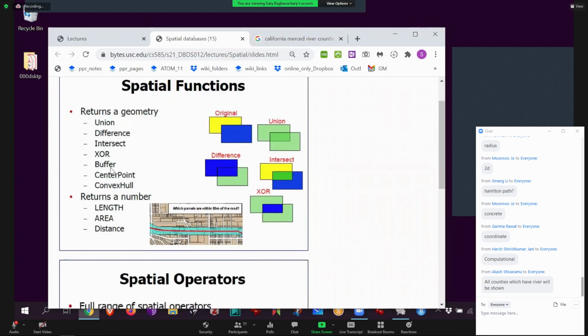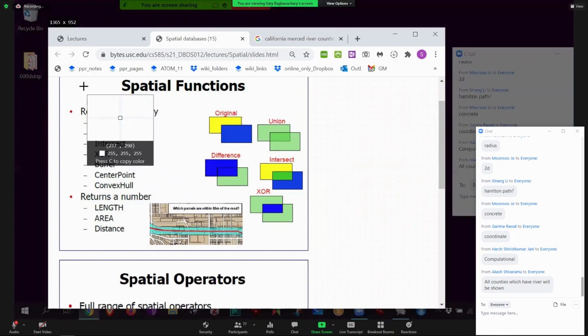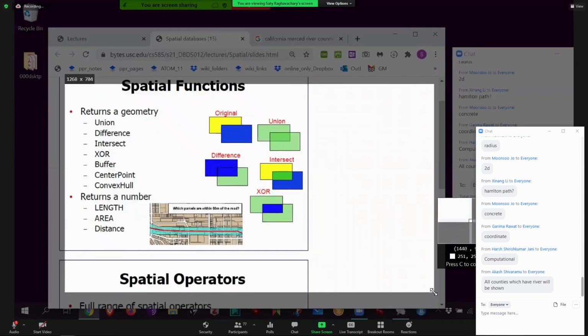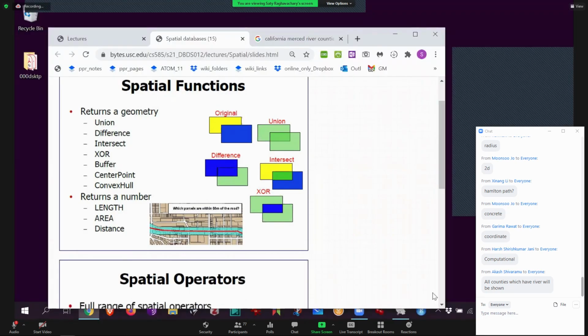A buffer is actually very interesting. In a buffer, I should actually draw a buffer. This is where the insurance analyst is going to come in, okay? So what they would do is take a river and automatically issue a buffer command. The buffer command would turn a length into an area. It will turn length into an actual polygon because it draws overlapping circles.